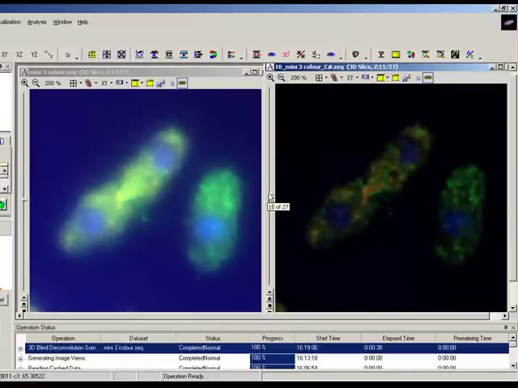So that's a basic overview of deconvolution. Obviously there's a lot more to it than that, but I hope that was helpful for you,